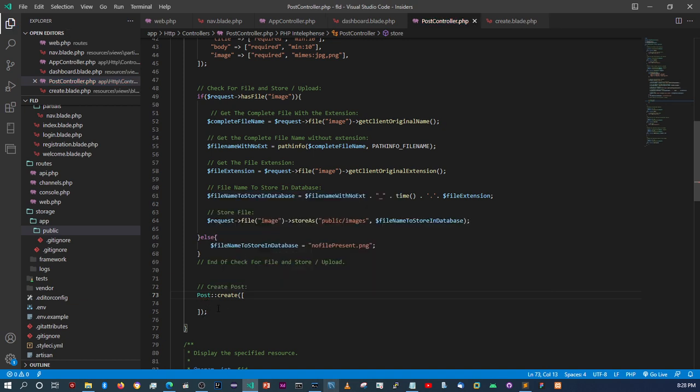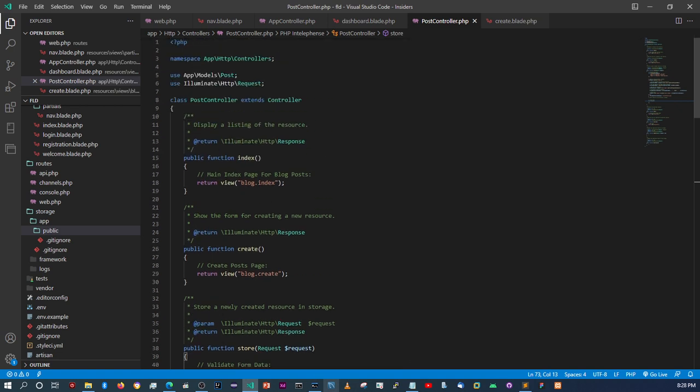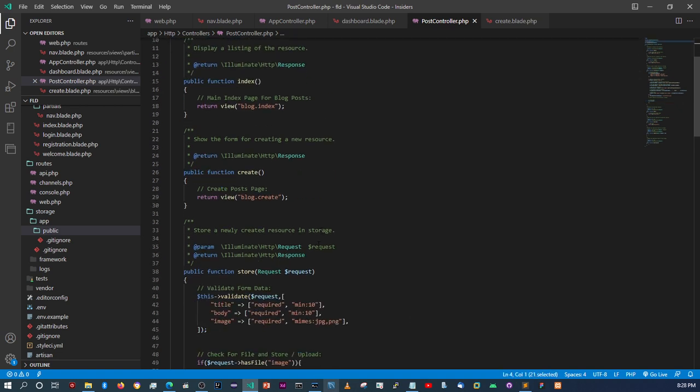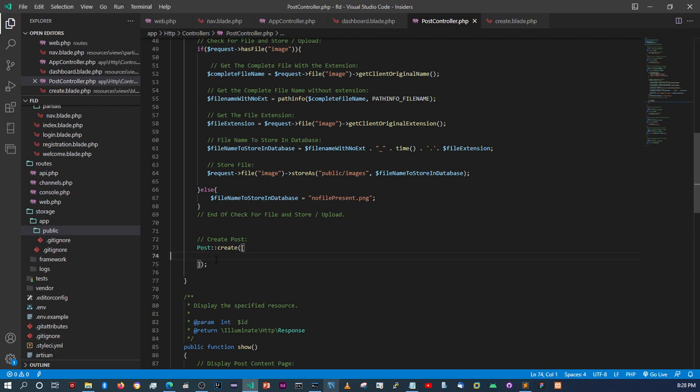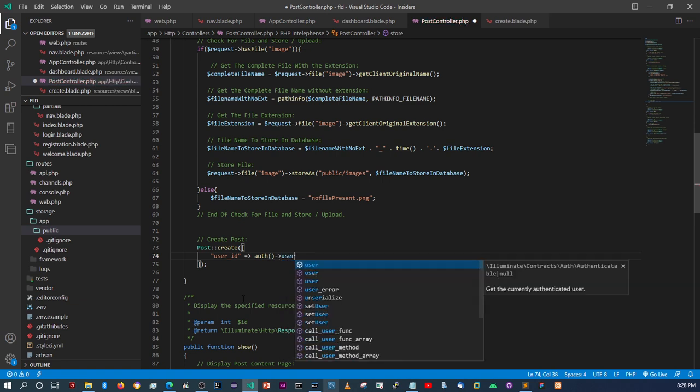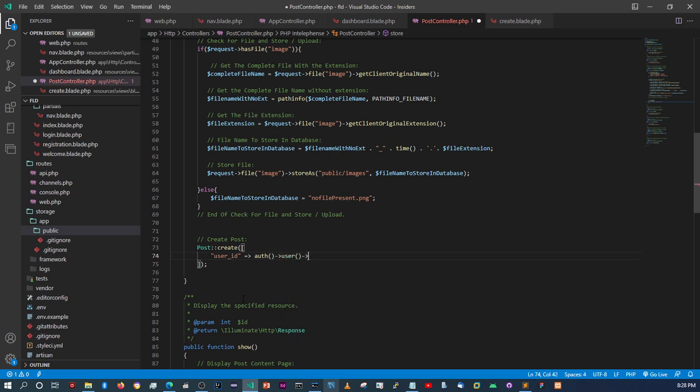Okay, apologies for that. Just make sure that the post model is imported at the top. All right, so what we're gonna need first is the user ID, and that's pretty much simple. Remember, the person who's creating the post is the authenticated user. So for that, we need auth, right? And then we're gonna say user, right? And then we're gonna need the ID,